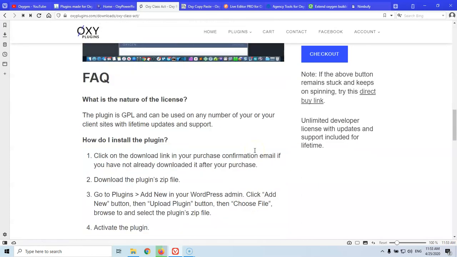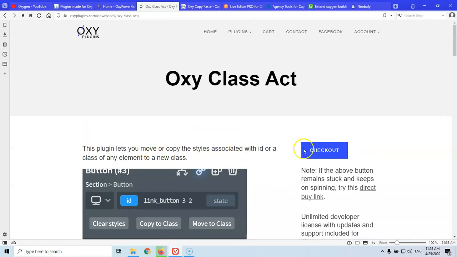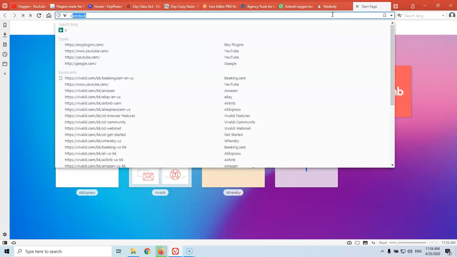For some reason, it doesn't say price. Before, it said something, but I think they have removed it for some reason. I think it was about $60 or something. So if you added that, you will end up with an amount that is pretty close to the Oxygen Builder itself. If we go to the Oxygen Builder website,